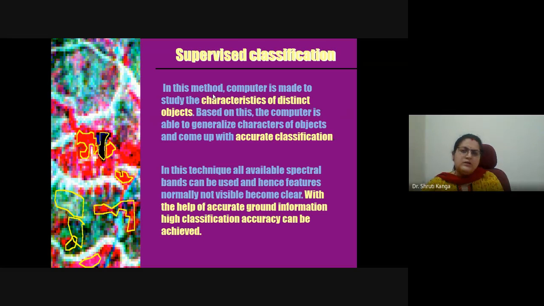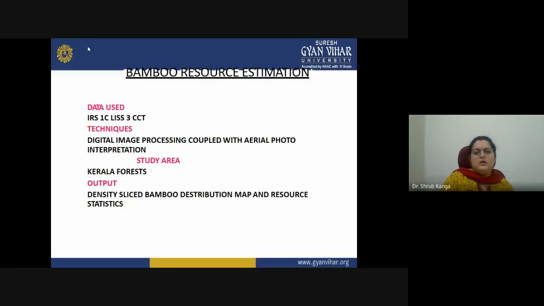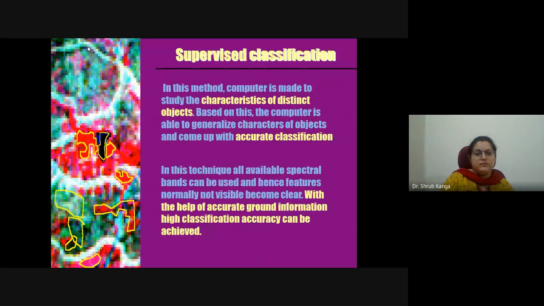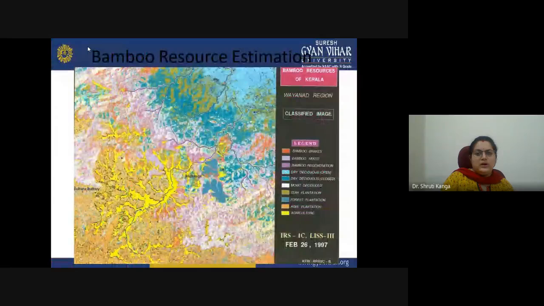And the other one, that is unsupervised classification, where we assign number of classes and then we identify based on some data sets which are being provided to us. So with the help of supervised classification, they try to categorize the bamboo resource estimations in the area. Okay, so this is a map where they have come out with the bamboo beds and bamboo mixed forest and